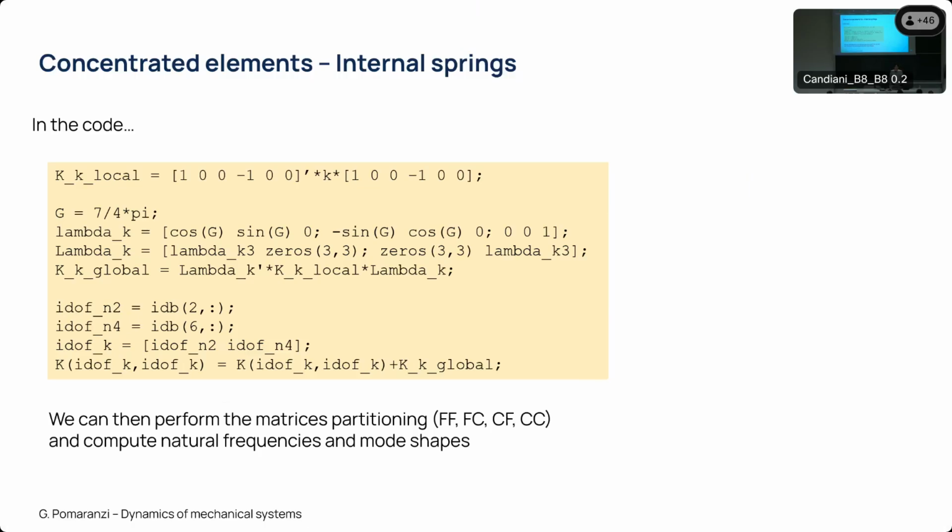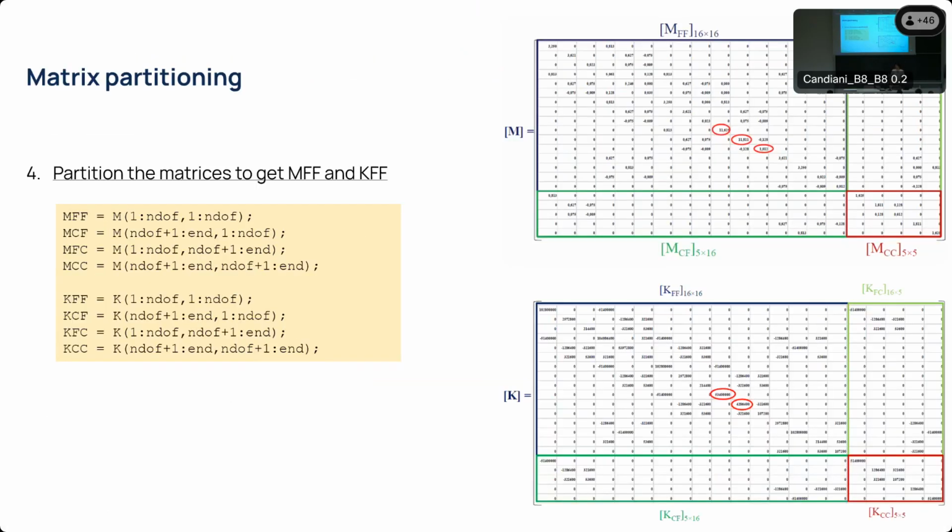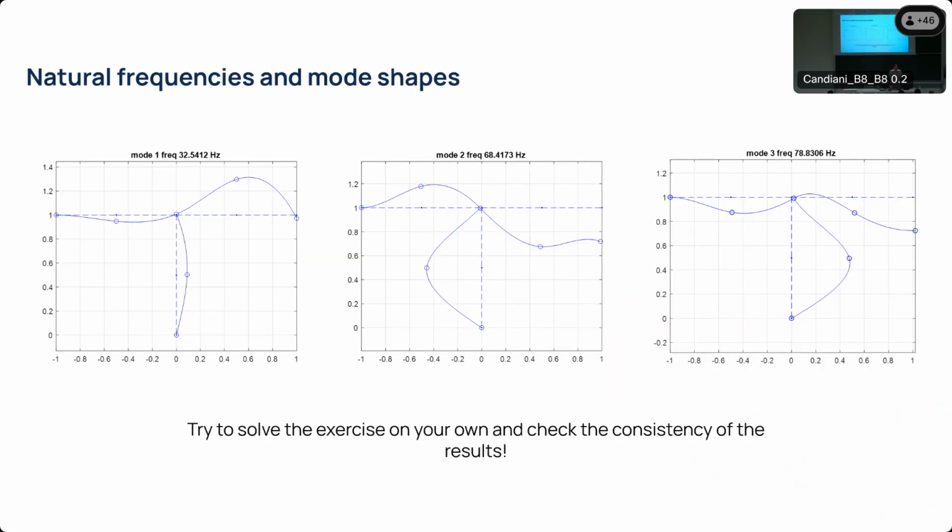But other than that, it's just a matter of applying those lines of code in a for-cycle for all the springs you want to introduce to the structure. Of course, in the end, if we do all our various computations, if we include the concentrated elements, the concentrated springs, the concentrated masses, we will end up with a matrix which is modified with respect to the original matrix we started from, but also in this case we can partition it,